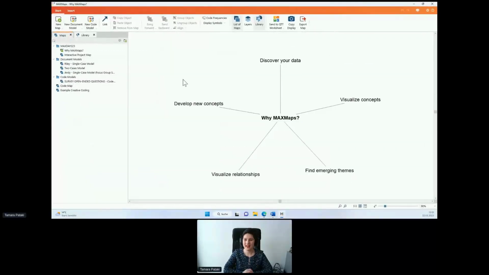And why would you use this feature? What can it do for you? MaxMaps allows you to build concept maps and use that for different purposes in your research process. This is of course a great feature to discover your data. You can import project elements and visualize their connections in MaxQDA. That is very helpful to have just a different view on your data to discover how different project elements